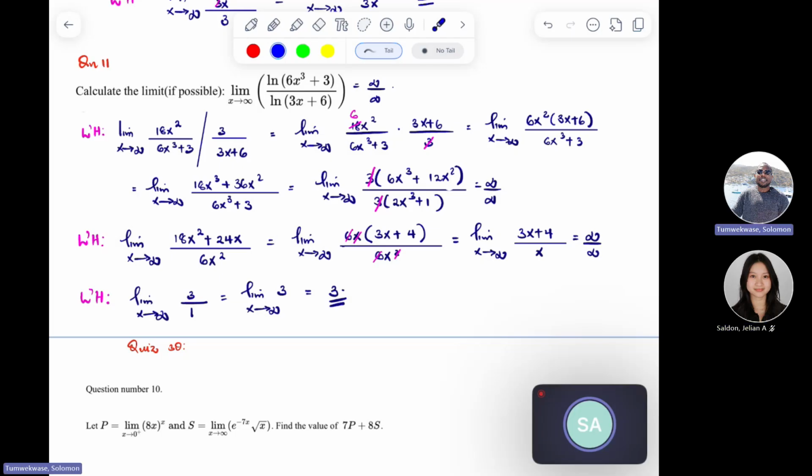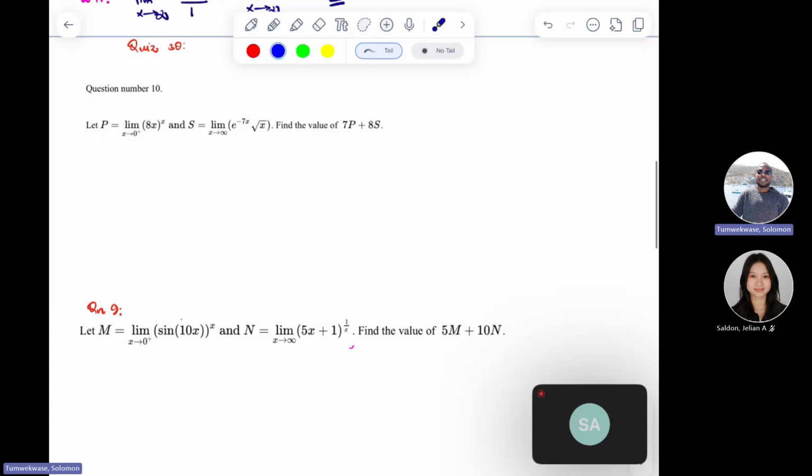Okay, so I'm going to go to quiz 30. We are still taking limits, but this is now a little different. Of course, at some point you might need to use L'Hopital's rule still, but this one is now using some tricks of taking limits, and